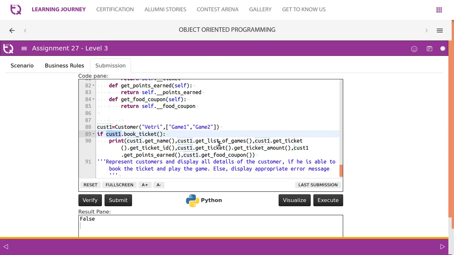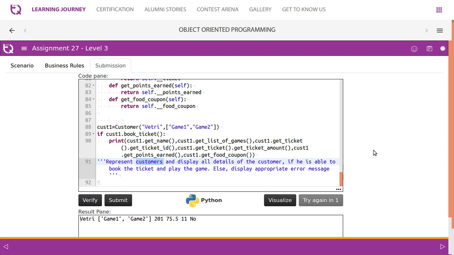This is also a comment they have given: represent customers and display all details of the customer if he or she is able to book the ticket and play the game; else, display an appropriate error message. We have not done anything for the error message, but we have done things to represent customers.